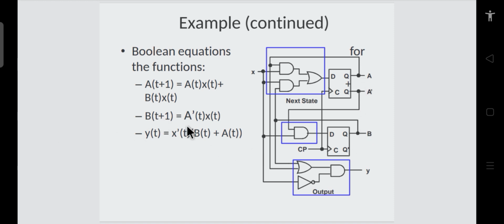So our final equation is something like this, if you see the connections. But in this equation, we have to consider the present states and the next states also. To do that, we have to write the expression for the outputs and intermediate signals A and B in terms of A(t+1) and A(t), and B(t+1) and B(t). If you write the equations, you can see that the equations will be as per the connections.